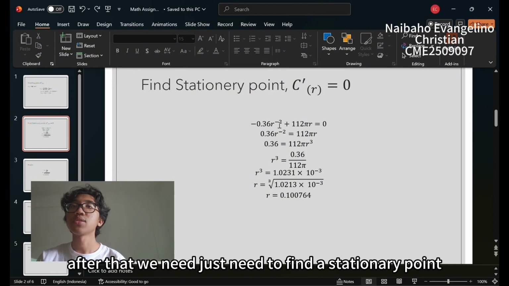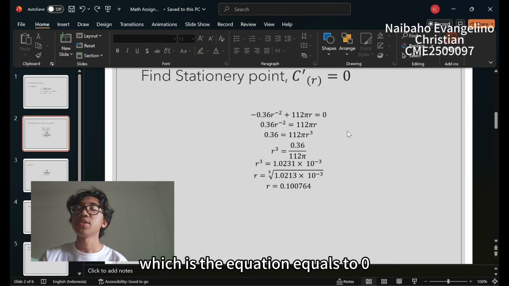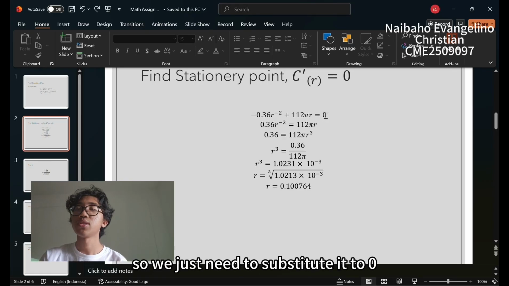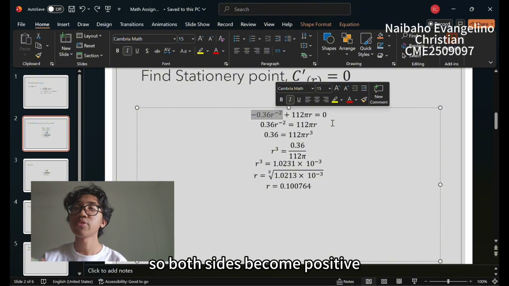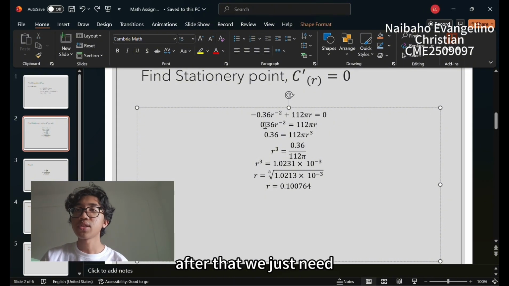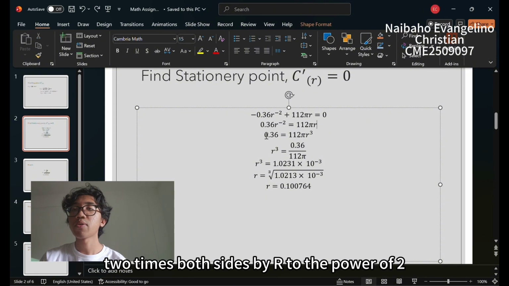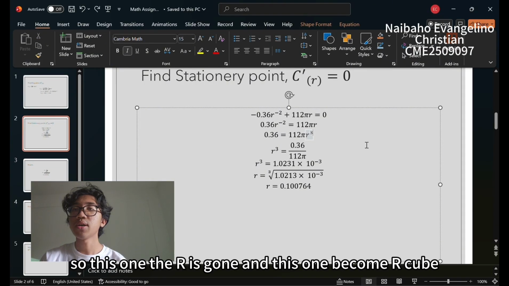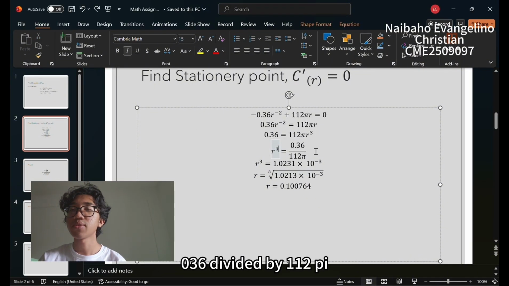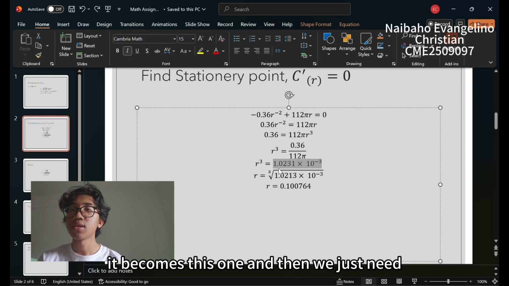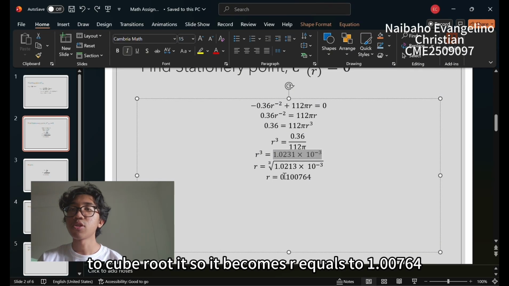After that we need to find the stationary point, which is where the equation equals 0. So we substitute 0, and we move this one to the right side, so both sides become positive. After that we times both sides by r to the power of 2, so this r is gone, and this one becomes r cubed. Then we move this down here, so it is 0.36 divided by 112π. Then we calculate it and cube root it, so it becomes r equals